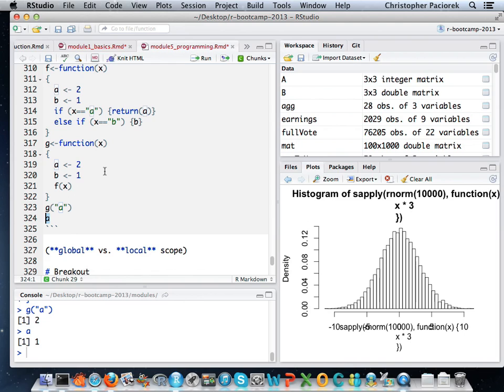And the reason the R developers chose to do it that way was this principle of modularity, that a function should not do things behind the scenes and change things without you being aware of it. And it forces you to be aware of things by